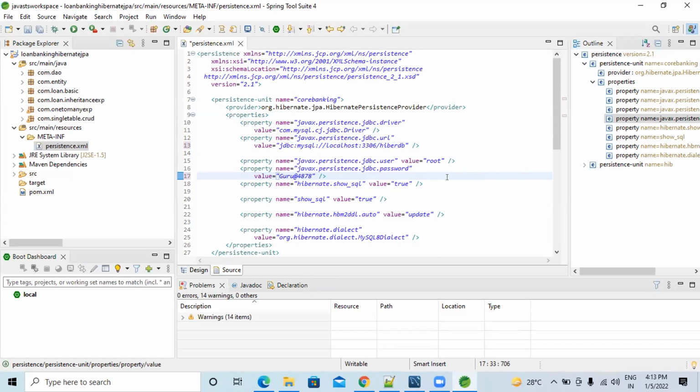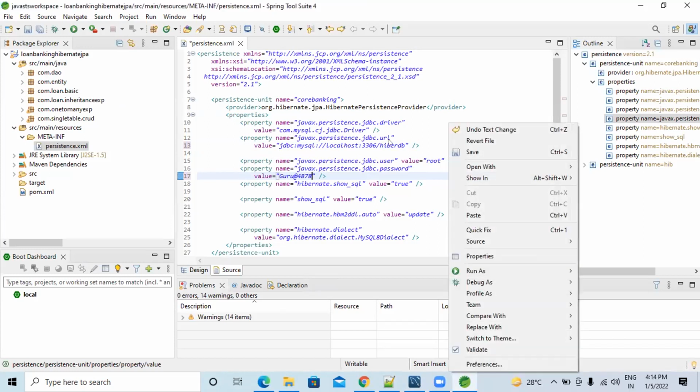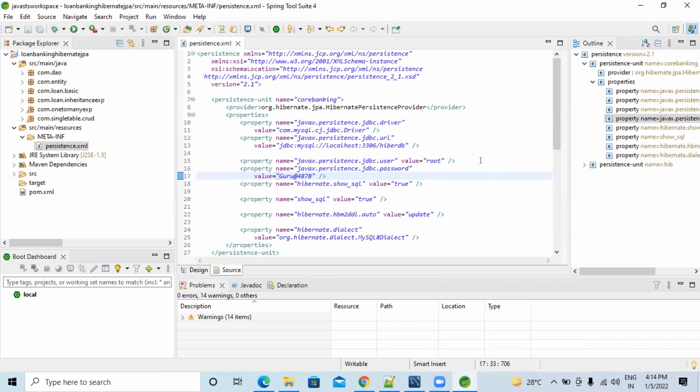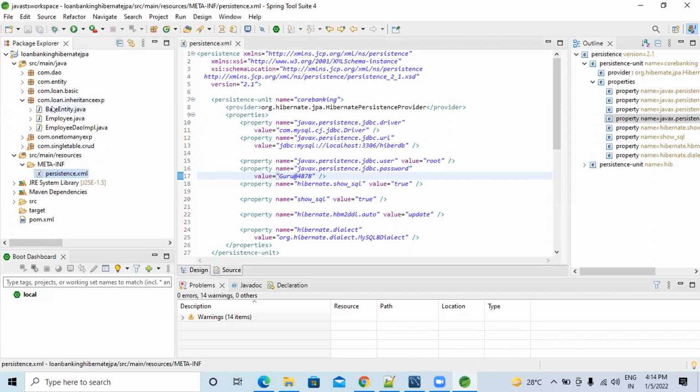So now his code will work. Now run and see the inheritance. Save it, run and see your inheritance program. Come down, employee, run employee.